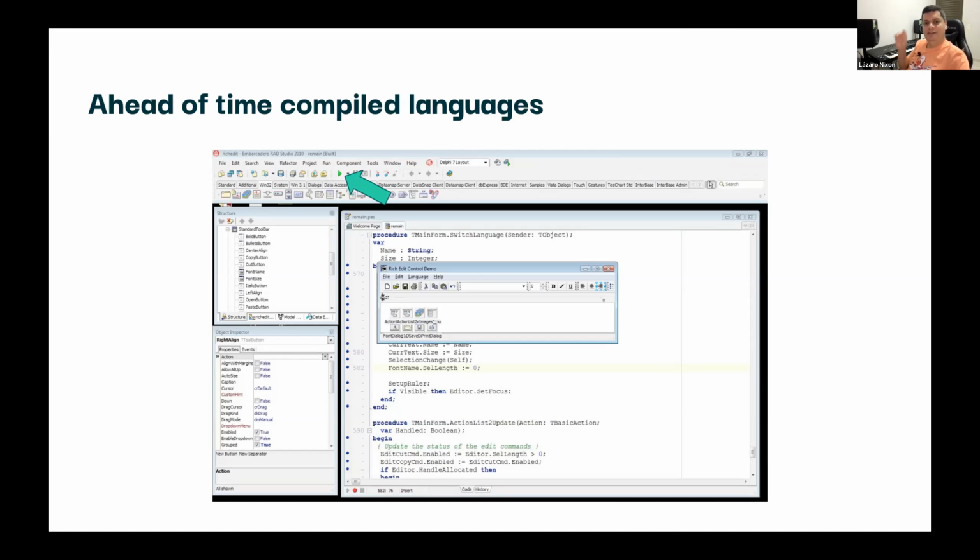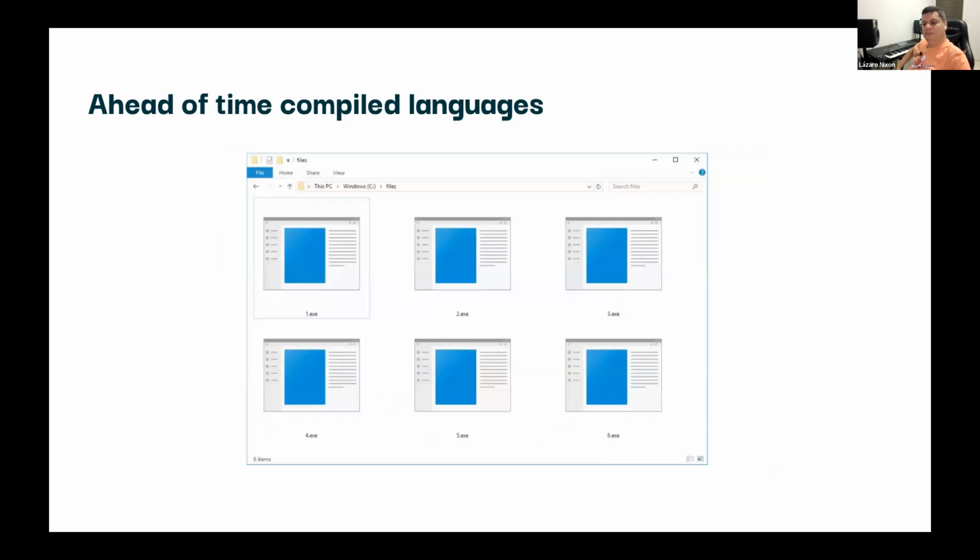So you program and you click on the play button and your program is compiled. Your code is analyzed. Everything happens ahead of time. So the result is something like that. You have executables for your system. So this is what ahead-of-time compiled languages are.